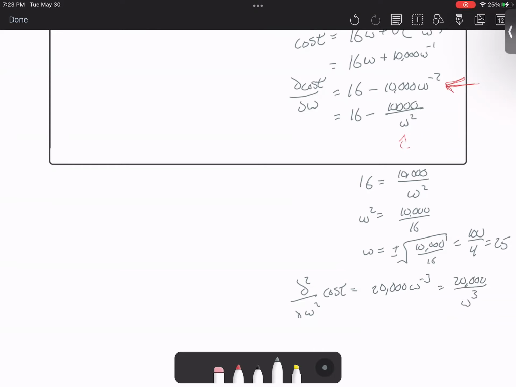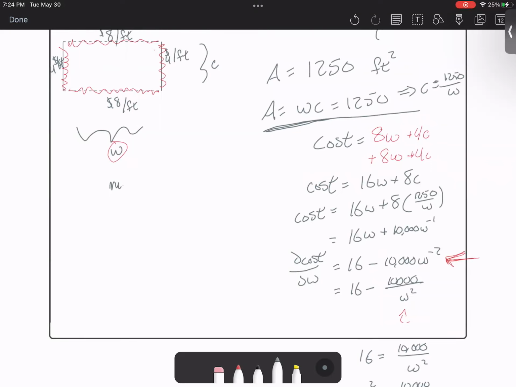All right, now if you plugged in W is equal to 25 into this equation, it's not important what you get, it's positive. So your second derivative is positive, meaning that you are concave up, meaning that when W is equal to 25, that is indeed a minimum of your cost equation. So we have minimal cost